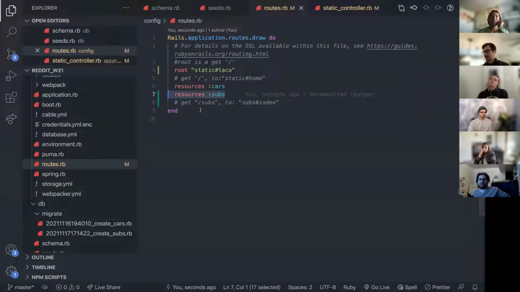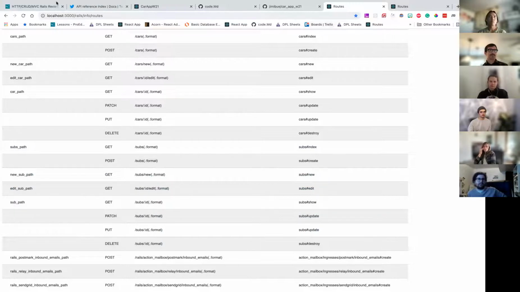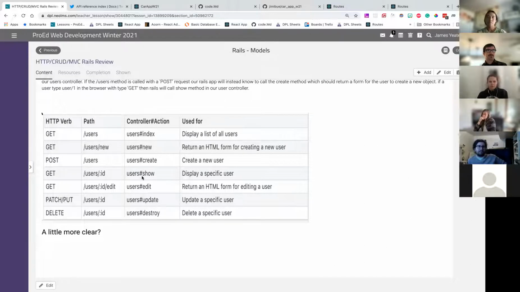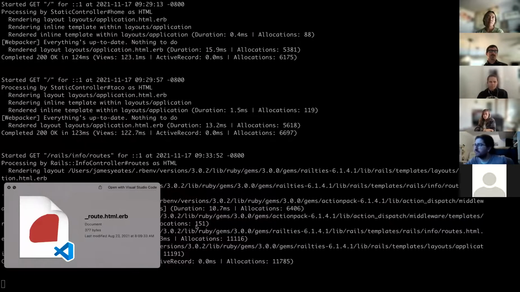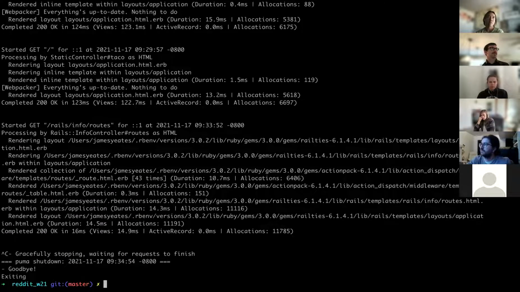It is basically the table itself. It's going to generate all the routes in this table, and it will also do the actions. I'm just going to show you this. Rails is so conventional. I never use this, but